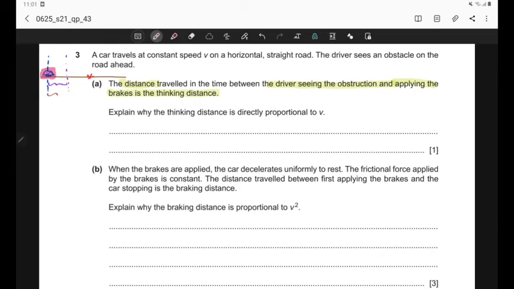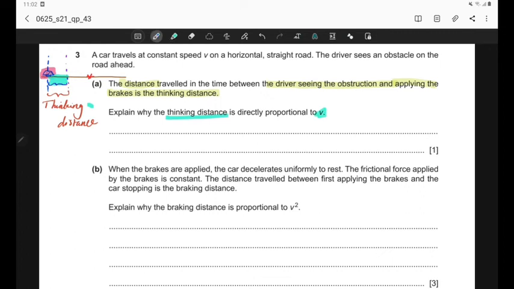Therefore this distance we can call the thinking distance, because he has taken some time between seeing the obstacle and applying the brake. Now we need to explain why this thinking distance is directly proportional to the